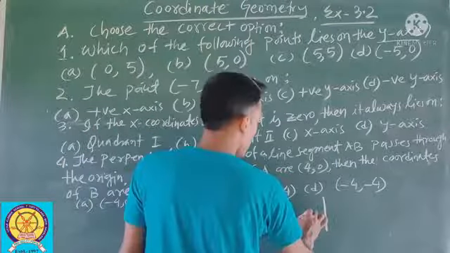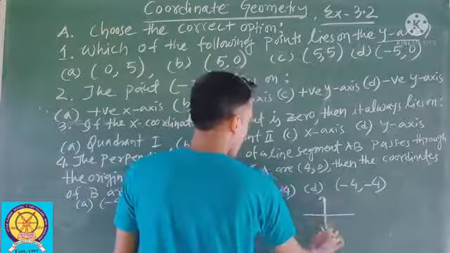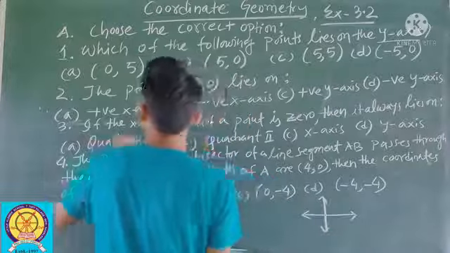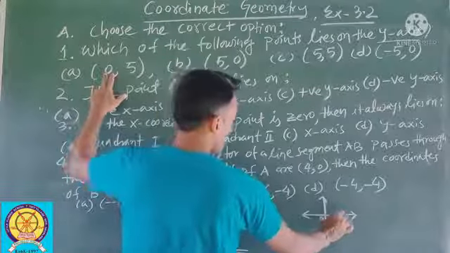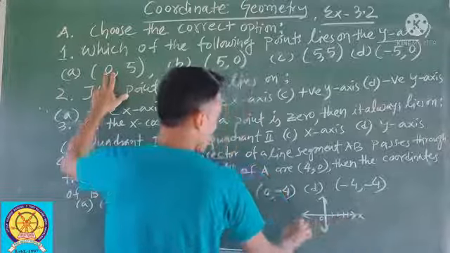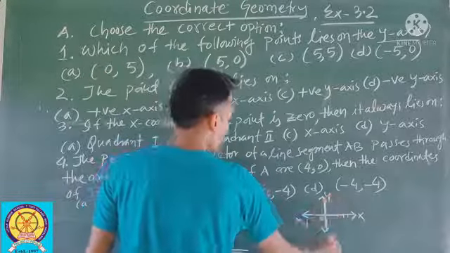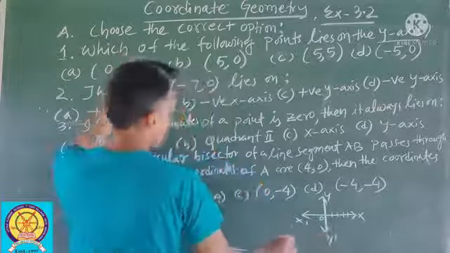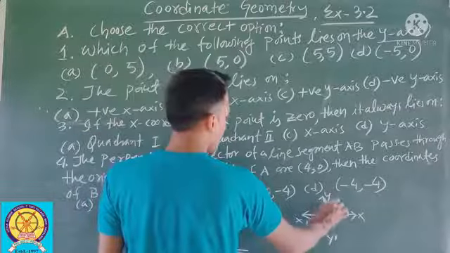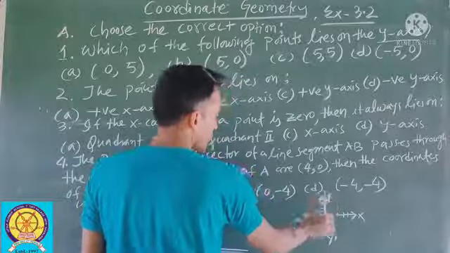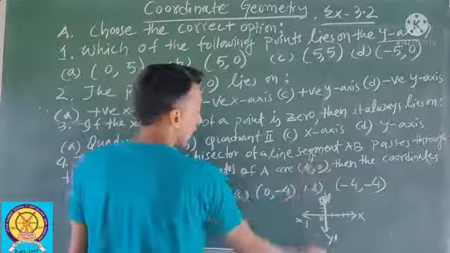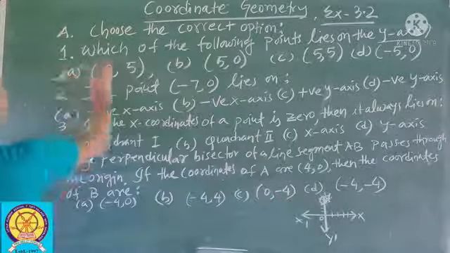When we draw a Cartesian plane at that time, x is 0. For example, this one is the x axis, this one is the y axis. Y is 5. 1, 2, 3, 4, 5, for example, there. So y value 5. This point (0, 5) is on the y axis. So your correct option is A.